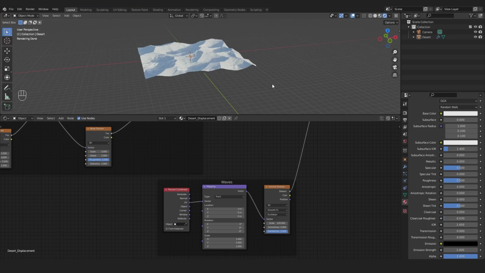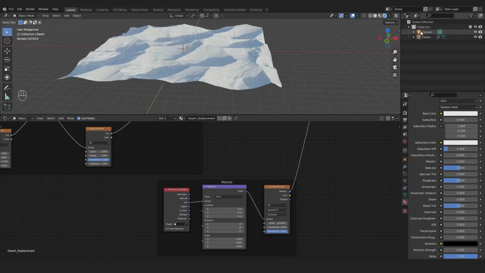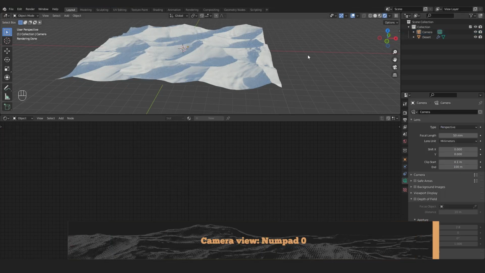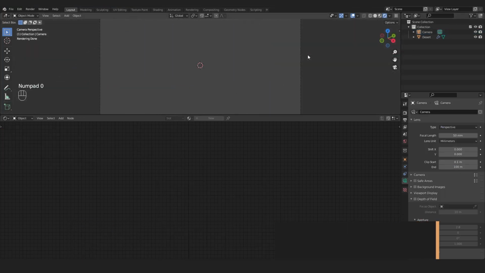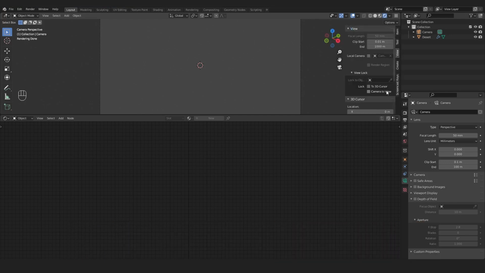So we need to position our camera, and that's what I'm gonna do. The easiest way to do that: make sure you have your camera and that you didn't delete it in the first video, and just click on 0, and basically Blender right now would change to the view of the camera, but probably the camera right now is staring at emptiness. So make sure to hit N and go to the View, and you will have here an option called Camera